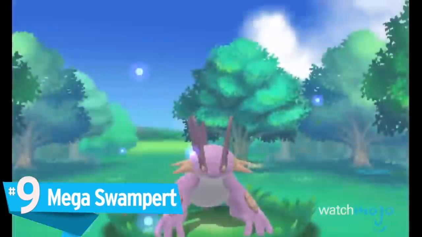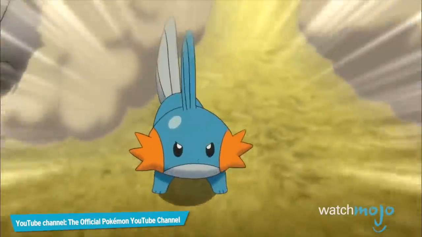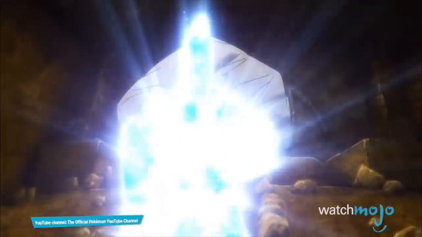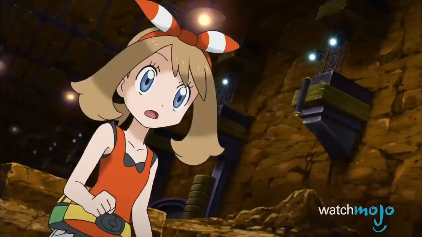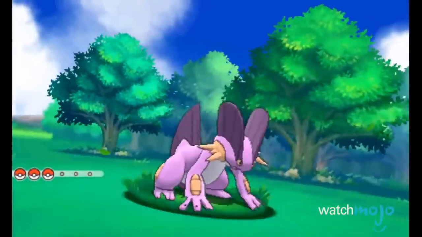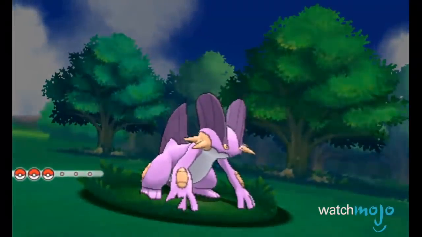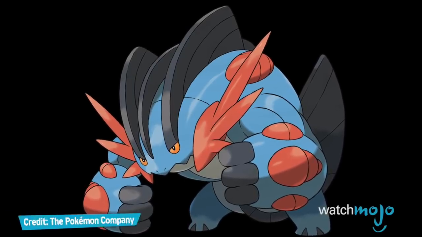Number 9, Mega Swampert. One of the starter Pokemon available in Ruby and Sapphire, this Pokemon makes the journey from the diminutive Mudkip to the powerful water/ground hybrid. But by adding a dash of Swampertite, it'll turn into a burly brawler even more prepared to annihilate your enemies. Mega evolving will lead to a boost in attack and defense stats, as well as a